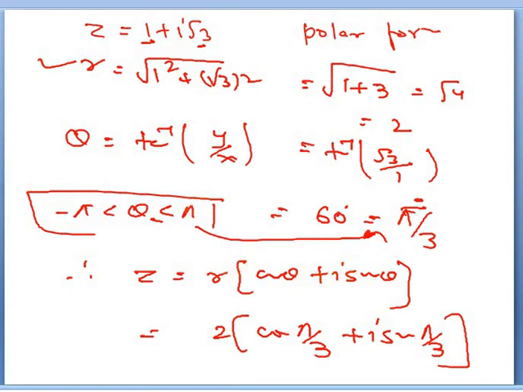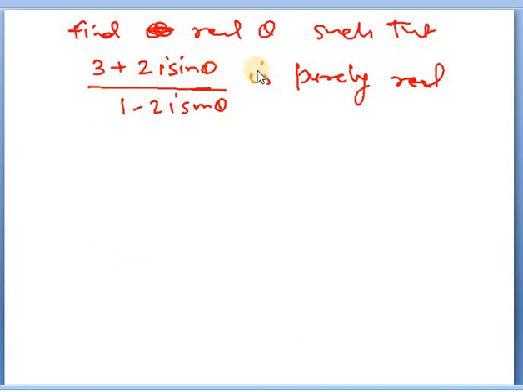If the Cartesian coordinate is given, then we can calculate the polar coordinate based on the Cartesian coordinate. Okay, now next question, what we are going to do: find the real theta such that (3 + 2i sin theta)/(1 - 2i sin theta)